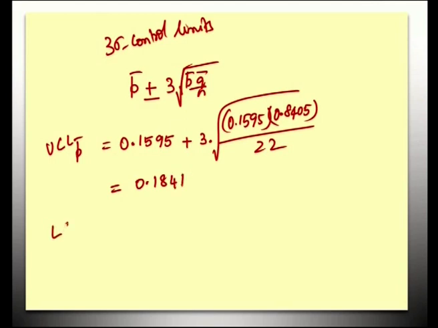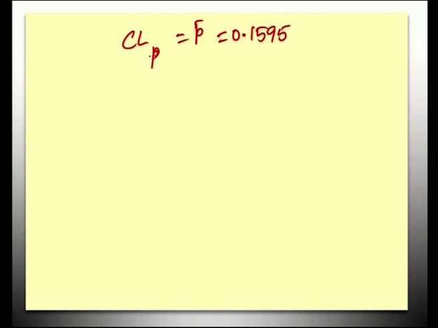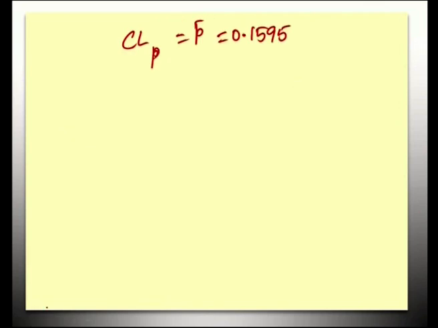This value comes to be equal to 0.1841. Similarly, LCL of P is 0.1595 minus 3 into root of 0.1595 into 0.8405 divided by n, which is equal to 0.1349. Next, CL of P is P bar itself, which is 0.1595. After we computed UCL of P as 0.1841, LCL of P as 0.1349 and CL of P as 0.1595, we draw the